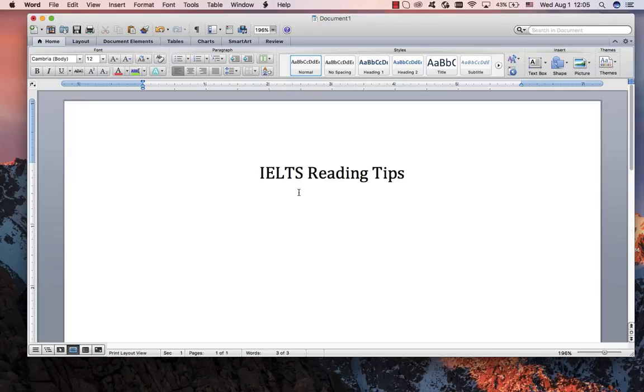Okay, so the first thing we're going to do is start a new document that you're going to do yourselves and make a list of all of the tips and the things that we can see that all of the readings, or most of the readings, have, that can help us to identify important information and identify answers in the readings. So the first one that I want to talk about is "but" and "however". These two words very, very often show you that the writer is now introducing important information. Let's look at one of the readings that we have done.